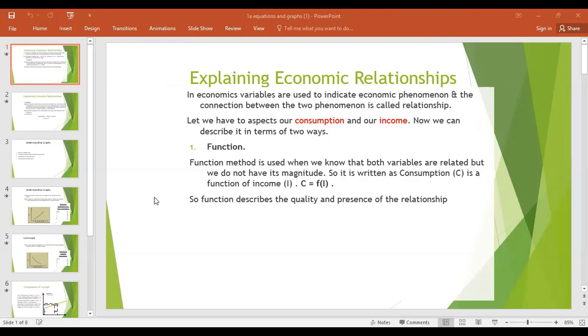Clear हो point? Function का मतलब समझ आया? It's named function and it has only one function: that if you give input, it will give output. And we call it function because we don't know that for 1 unit of income, how many output it is giving. So we are just saying that there is a function, but it is not measured yet.